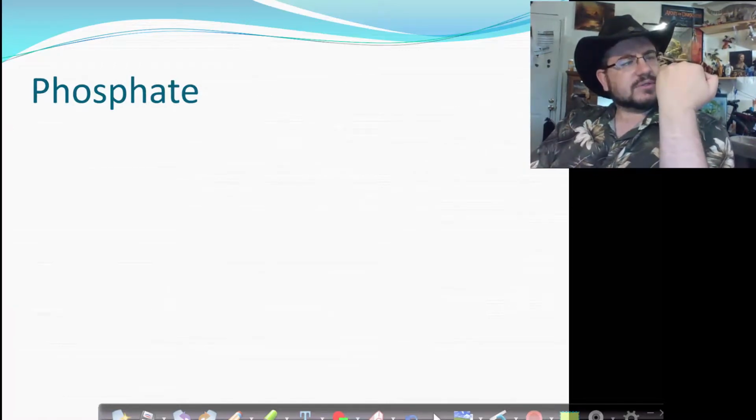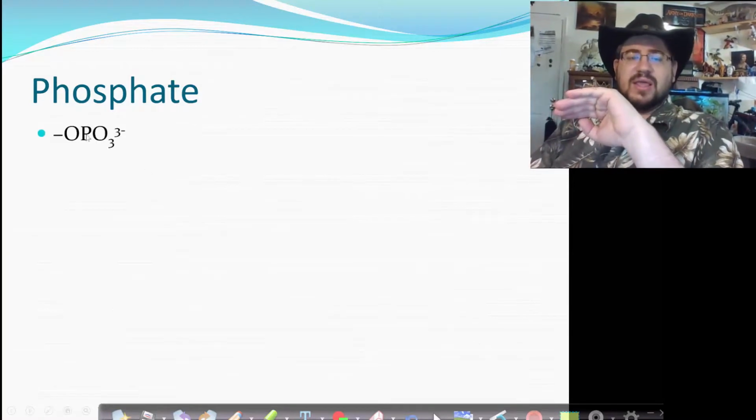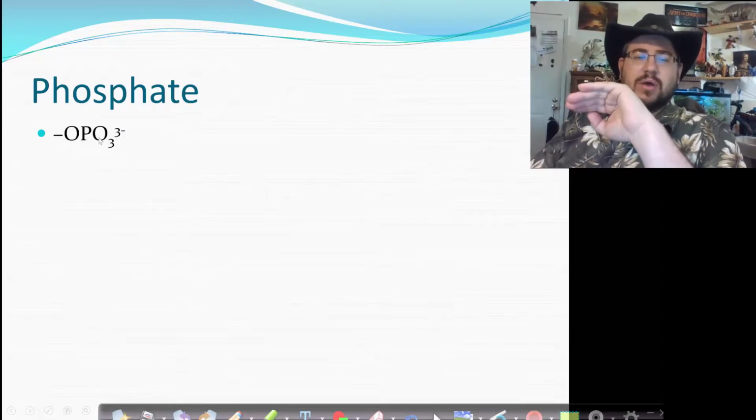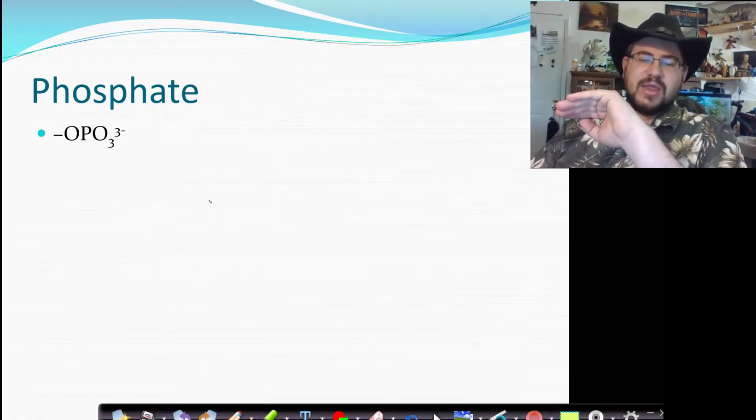Phosphate groups. Phosphates are pretty fascinating. See, a phosphate is highly electronegative, or not the phosphate. It has 3 oxygens on it, which are highly electronegative. And that confers essentially a negative charge to the phosphate. OPO3 with a 3 negative charge. So phosphate is actually heavily charged. And we actually find phosphate in ATP,